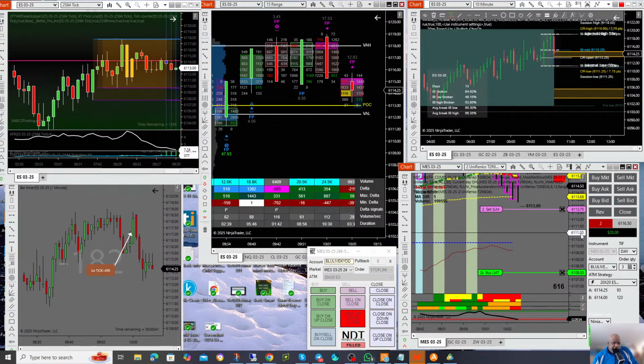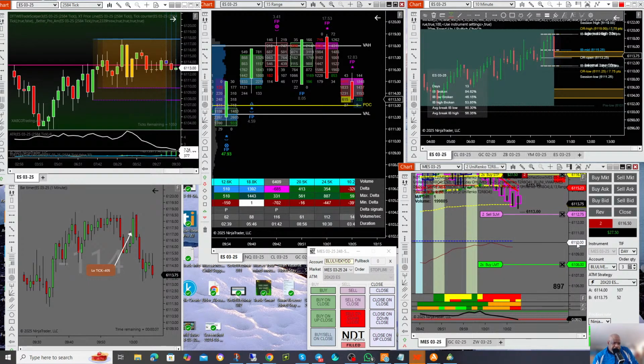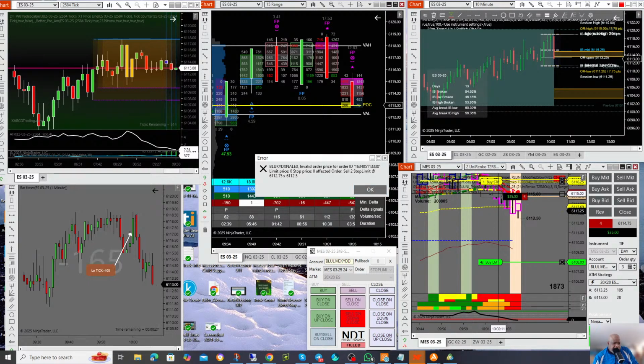Probably 8. Again, once we double position, obviously our average entry will be moving down. Then we'll move it to break even. There you go. Or at least we'll move it in a way that